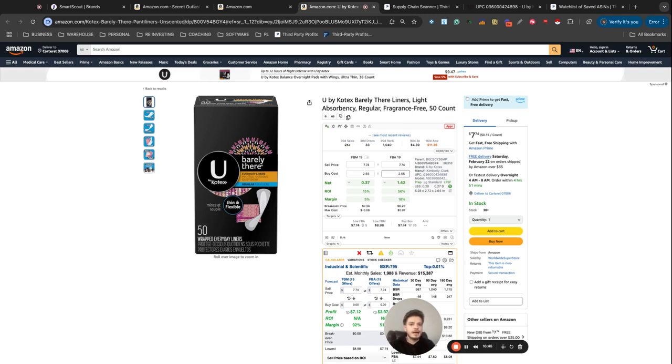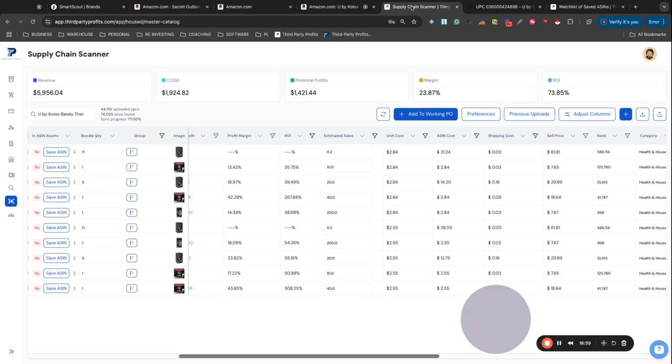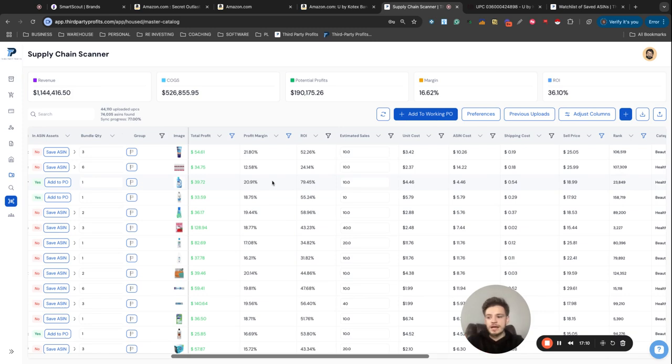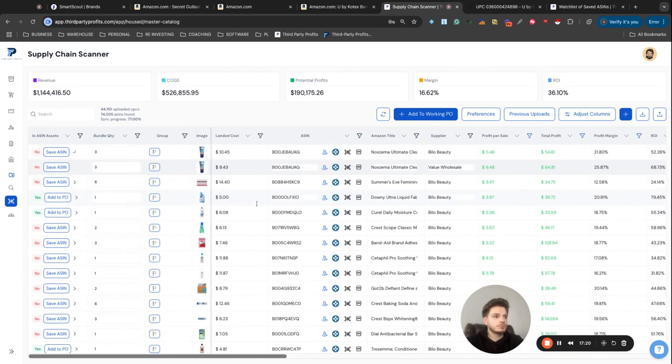If you have multiple catalogs, if you have one catalog and you're not using this tool to help you understand where to buy inventory from and source better products, at what cost, what are you guys doing, man? You're missing out on tons of opportunity in your business. We're able to search any brand, any product, any UPC, any identifier. We're able to cross-check the product. We're able to save the item and watch it on a watch list to see if that item is going to recover in price and get there first. We're able to add these products into working purchase orders. We're able to cross-check our supplier pricing on a specific item to make sure we're always buying at the lowest